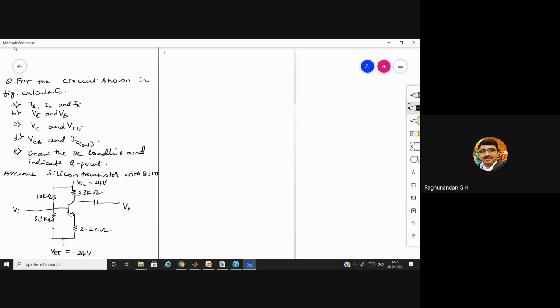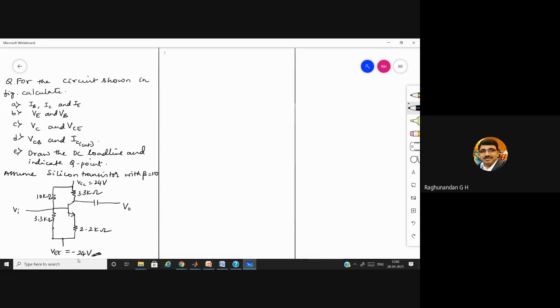So this is the question which has been given. So this is not the same kind of problem we had solved in previous cases. Can anyone tell me what is the difference you are finding in this problem? Sir, capacitor, sir. Okay, then. You're not grounding the circuit. You're giving VEE. It is not being grounded. Here it is connected with negative voltage.